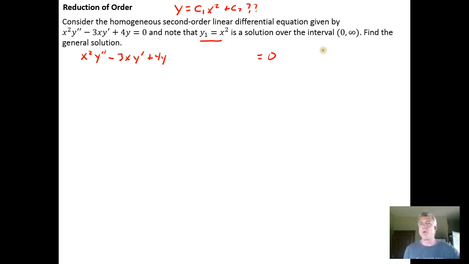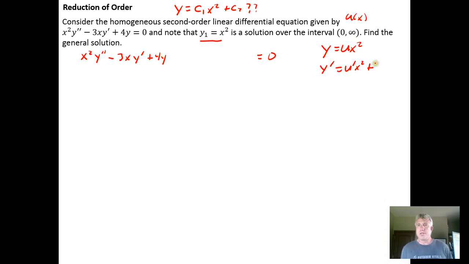And what we do, the technique that we discussed, is we guess that there's going to be some function of x, u of x, such that u times the given solution solves the differential equation. And then what we do is we take the first and the second derivative of our guess. Our guess is that the solution is going to look like y equals u x squared, so we take y prime, and because we have a product of two functions of x, we have to use the product rule, so it's going to be u prime x squared